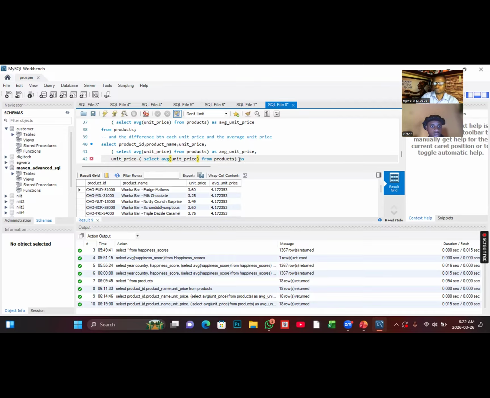Then how do you want to present it? As this is the column that we compute the differences, I'll say what different prices, because that is what the tab says, that they want to know the different prices for each of the products. So now I'll come here and say from the main table, which is from the products table, and then